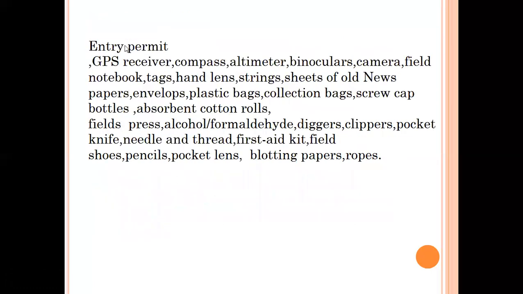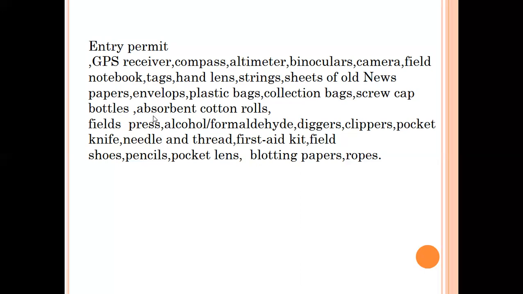They are entry permit to field. The entry permit is taken from the forest officers for the field visit, and we need a compulsory GPS receiver for finding the locations of the area, compass, altimeter, binoculars, camera, field notebooks, tags, hand lens, strings, sheets of old newspapers, envelopes, plastic bags, collection bags, screw